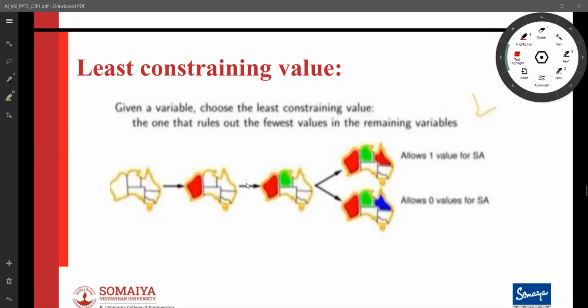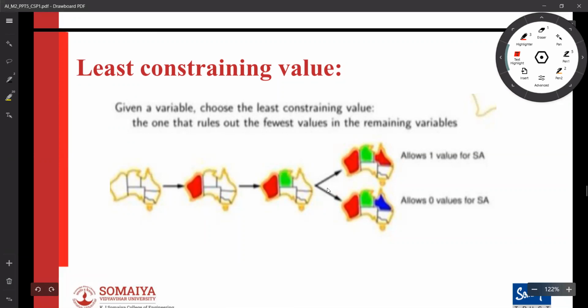Okay. So initially everything is equal, so here there is no issue. So we assign Western Australia as red. Then we assign Northern Territory as green, as we saw here. Now there are two options.